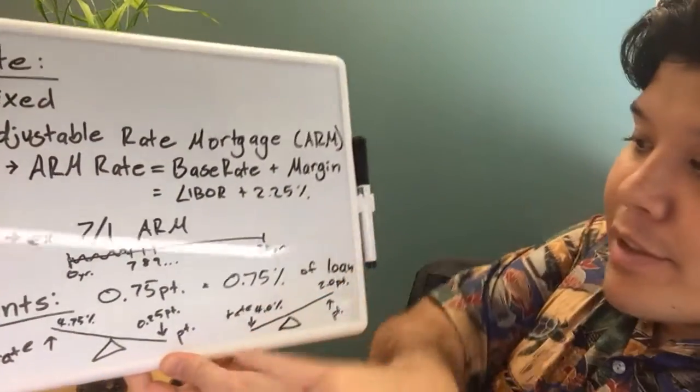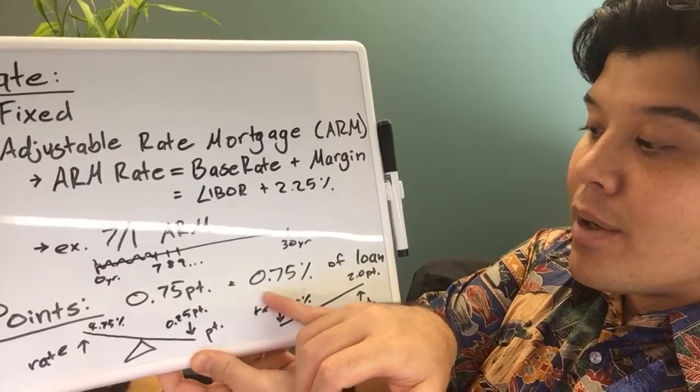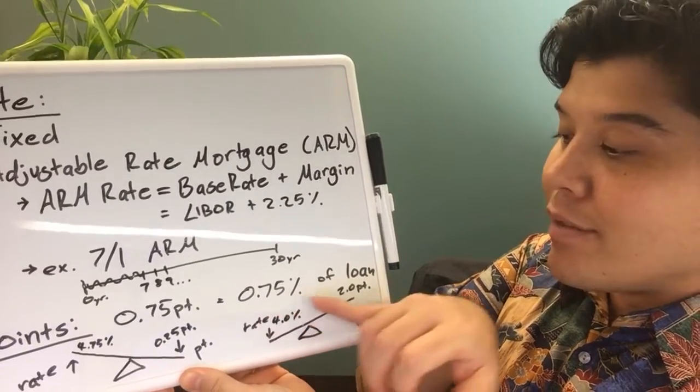When you hear points, points just mean that it's a percentage of your loan amount. So if we're saying half a point, then that's half a percentage of your loan amount. That's the cost that you're going to come in with at closing in exchange for a lowered rate. If you see 0.75 points, just know that we're going to calculate that as 0.75%